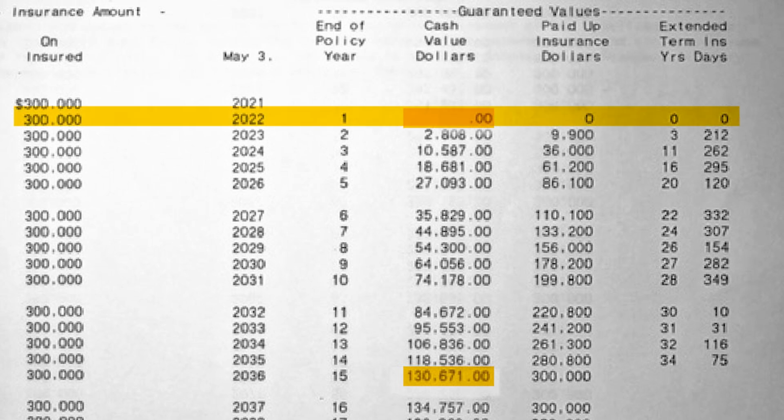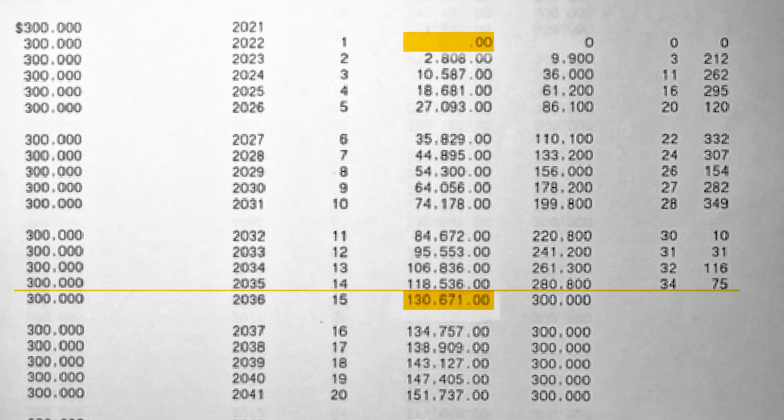Year 1, zero cash value in that first year. Year 2, he pays another 10,000, and has $2,800. This does mean he's putting in $20,000 and only has $2,800 in it at this point. Not too atypical for a traditional whole life policy. In fact, with most traditional whole life, you might be 0 at year 2 as well. So this was a little bit better. Now look at this. We're going 15 years out and it's got $130,000. That means he's paid in $150,000 to only have about $130,000.